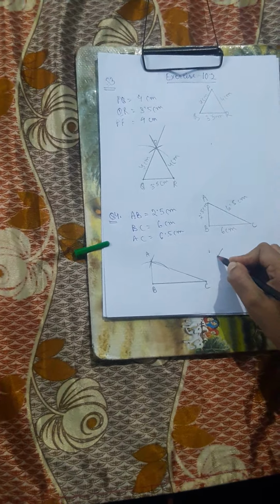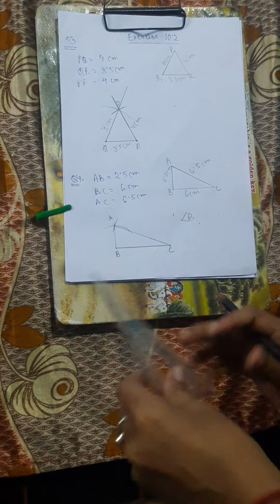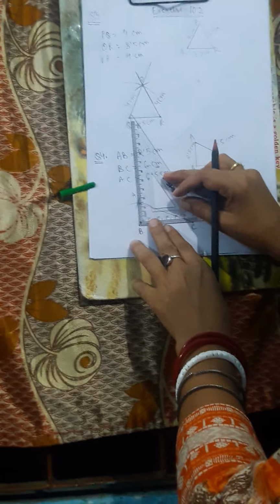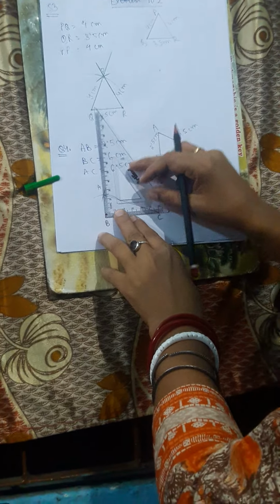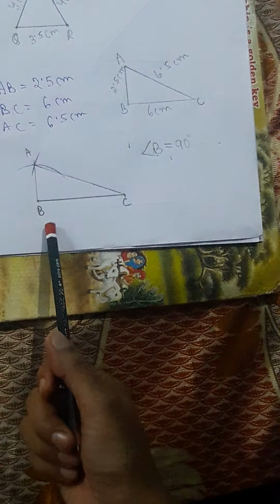Now you were asked what is the measure of angle B. Here your question was, what will be the measure of angle B? You tell me what it can be. Okay, let's prove it. You know, by the set square you can say that this angle is 90 degrees. Yes or no? See, it sets exactly over there, so that angle is 90 degrees. Understood? So without any doubt we can write it is equal to 90 degrees. That means angle B is 90 degrees. So what type of triangle have you got here? It's a right angle triangle.